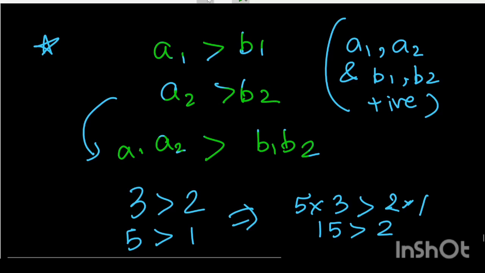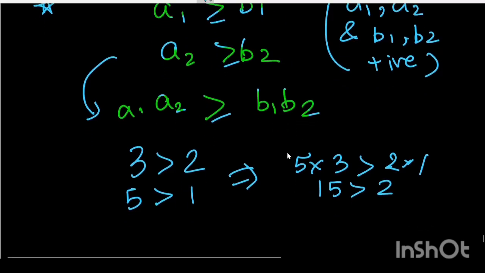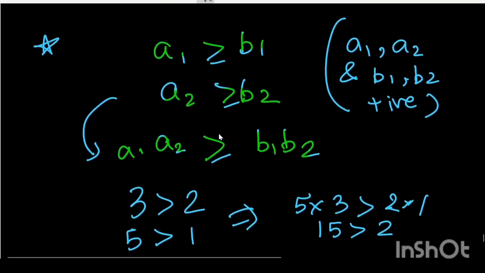Now, if I place equality on both the sides, okay, and now if I multiply, so would it be greater than equal to? So yes, greater than equal to it will come, guys, because in the case when A1 is equal to B1 and A2 is equal to B2, in that case A1 A2 would be equal to B1 B2. So that we can say. And in the same way we can also establish that